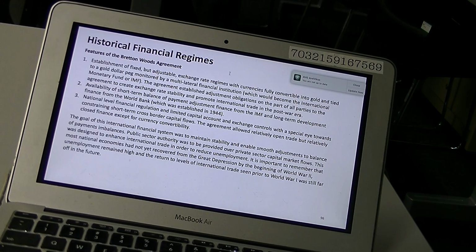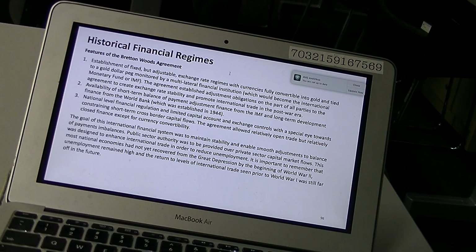There was national level financial regulation and limited capital account and exchange controls. So there was a constraint on short-term cross-border capital flows. They wanted capital flows, but not what we call hot money. Right now, under floating exchange rates, you can have as much short-term hot money flow as you like. And we'll see hot money can create a lot of instability. So they didn't want hot money. As I mentioned, Japan had capital controls until 1984. It limited the amount of